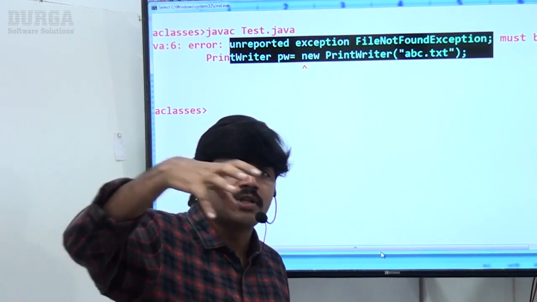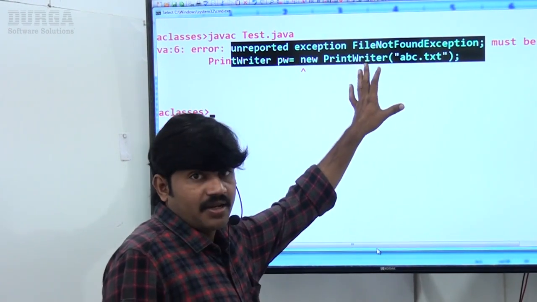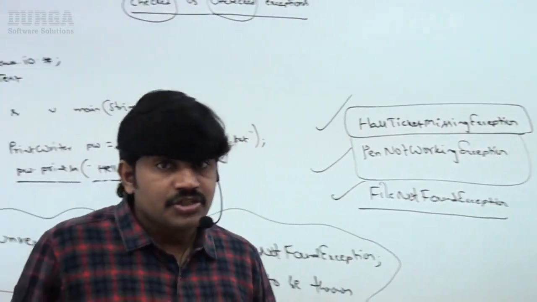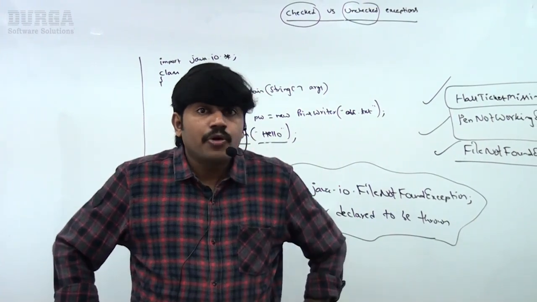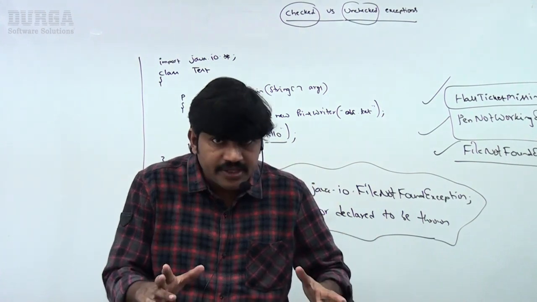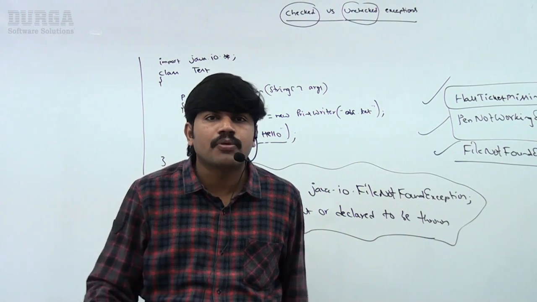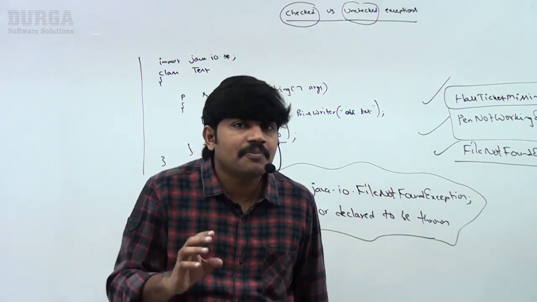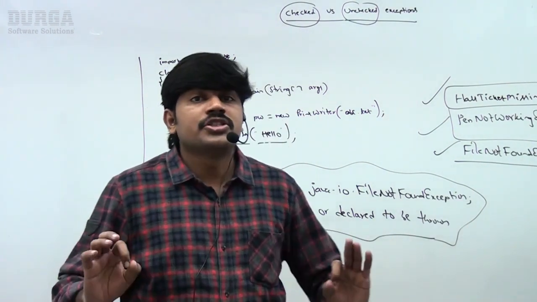Compulsorily you have to report, either by using try-catch or by using the throws keyword. Like this the compiler is going to check. These types of exceptions are by default considered checked exceptions. All the people are in the position to understand, right? The most valuable and important concept for interviews is checked exceptions. The exceptions which are checked by the compiler for smooth execution of the program at runtime, whether the programmer is handling them or not, such type of checking is done by the compiler. Such exceptions are by default considered checked exceptions.